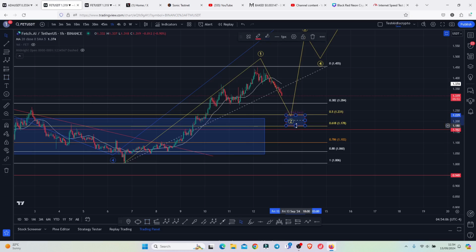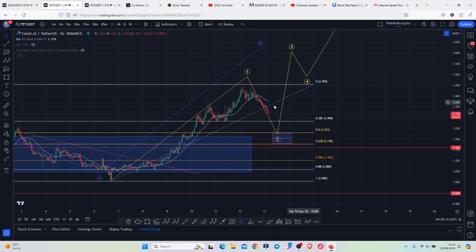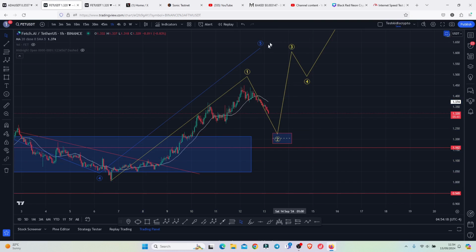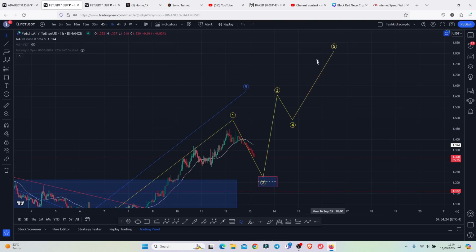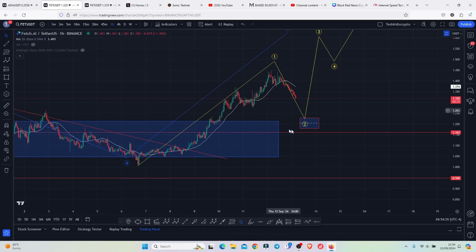So there are chances that in the next coming hours, we are going to see a pullback into this area over here, and the area will also act as support and give us a reversal to the upside in what I will term as a bounce to the upside in a wave 3. Then we can expect a wave 4, and then finally peak to the upside in this wave count 5. And if by any chance we lose this area over here and we continue losing other key areas of support,